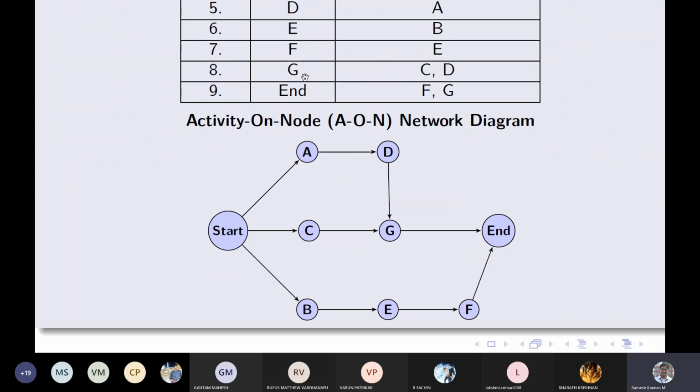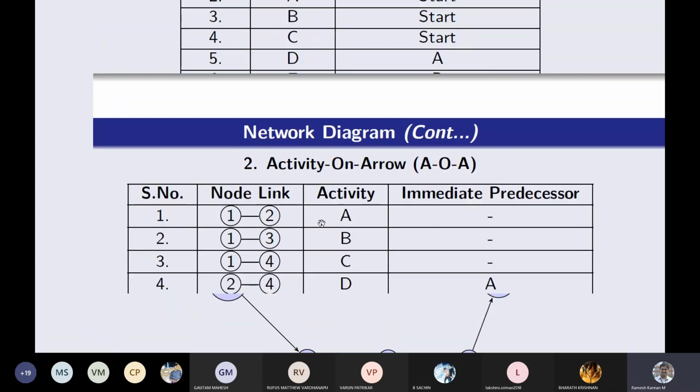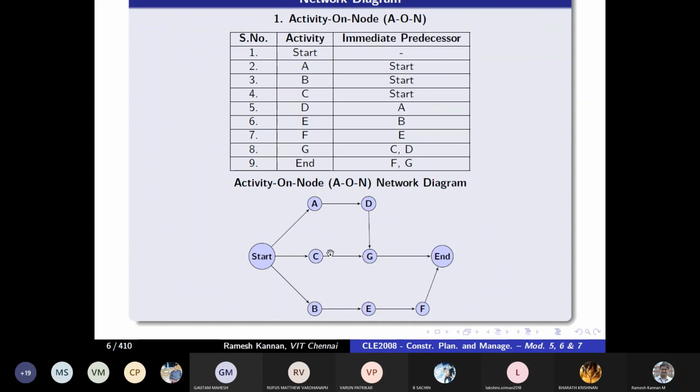Then let's take a look at G. G has two immediate predecessors, one is C, one is D. The reason I drew C here is that I can draw two lines emerging out of the two activities, C and D, for G. So G depends on C and D. What happens if I have a B here, E here, and F there?